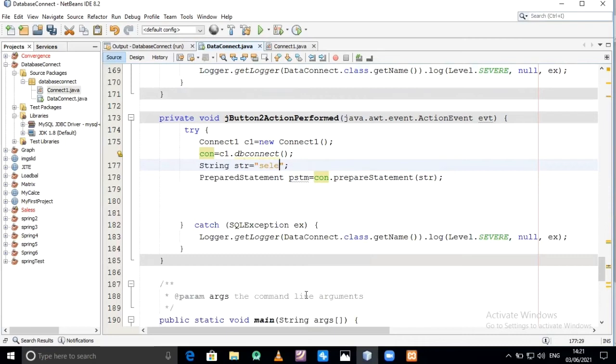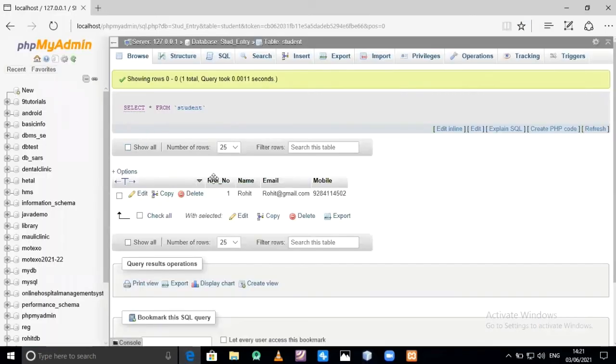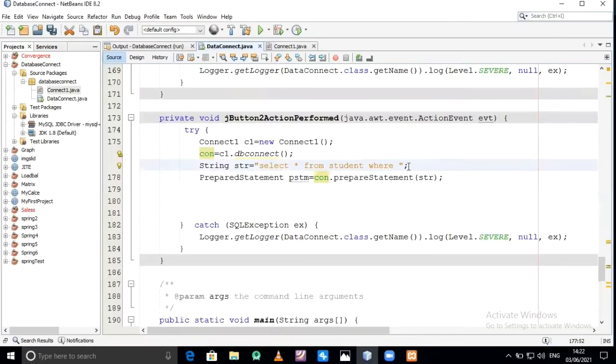So select star, means whole information, from student where roll number is equal to, this is our statement.